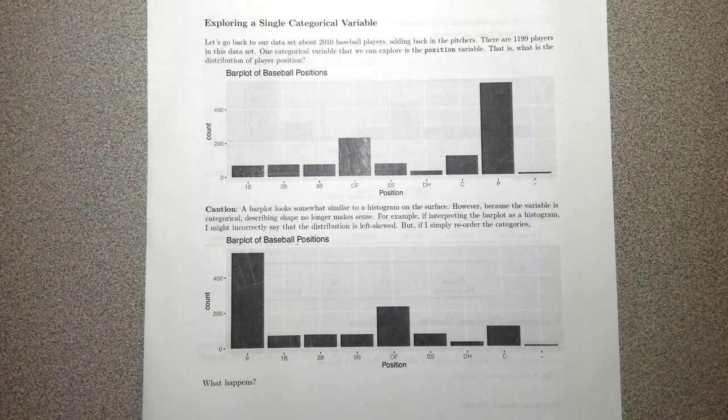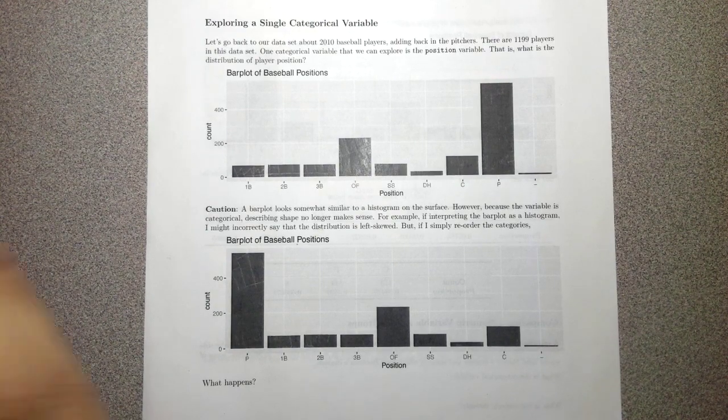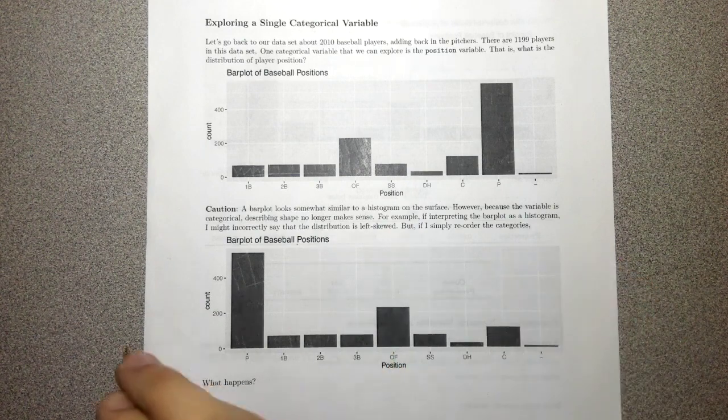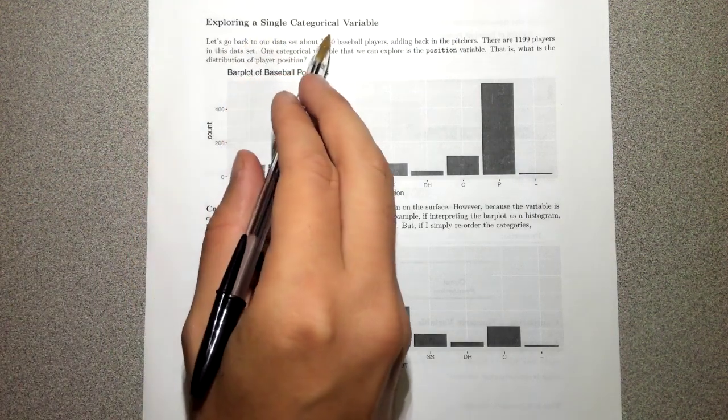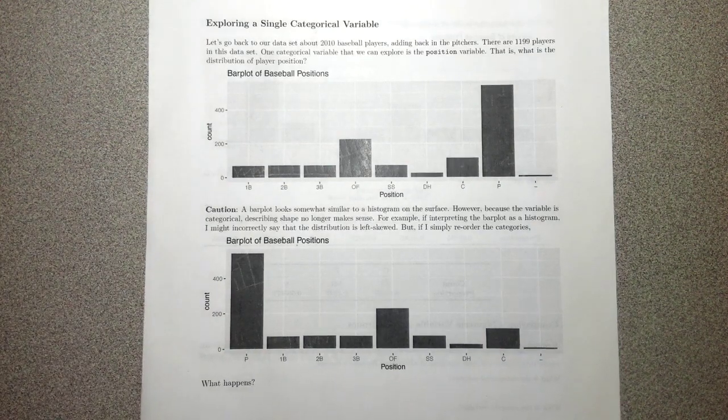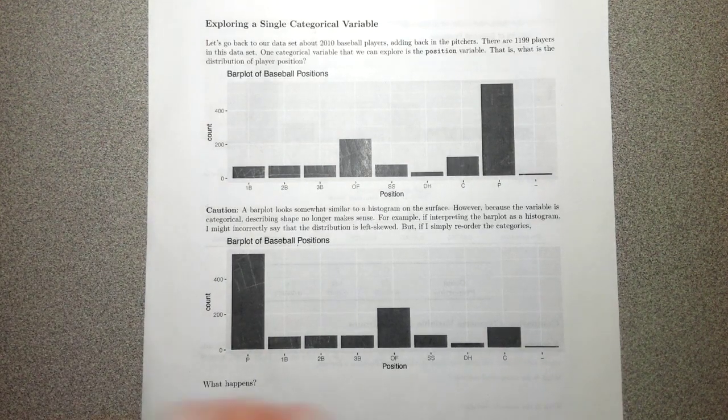All right, hey everyone. So this is the start of something slightly new. We've spent the last few videos talking about exploring just a single quantitative variable. Now we're going to shift focus and explore just a single categorical variable instead. And just as a reminder, what we're doing now is just exploring data. We're not doing any formal statistical analysis yet. All we're doing is looking at different graphs for ways to visualize data and different summaries to look at data